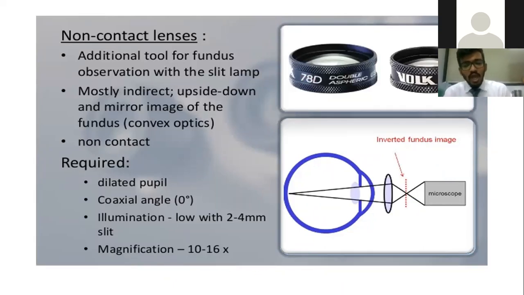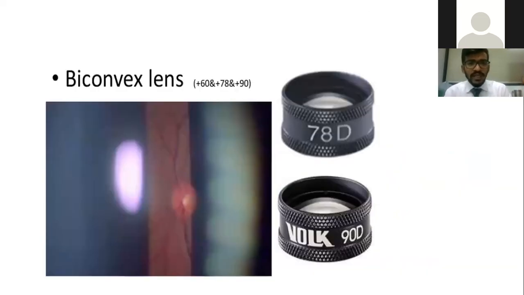So if you have any good findings on the posterior pole, there's a good magnification to it, around 10 to 16x, and it will be appreciated much better on a slit lamp biomicroscope. Using the 90D, you get an image like this, which is again inverse and inverted. So you have to make sure you get to know which quadrant you're looking at. The inferior one, the vessel which you will be seeing is actually the superior, and the superior is inferior. So make sure you get the hang of it, that it's an inverted image.